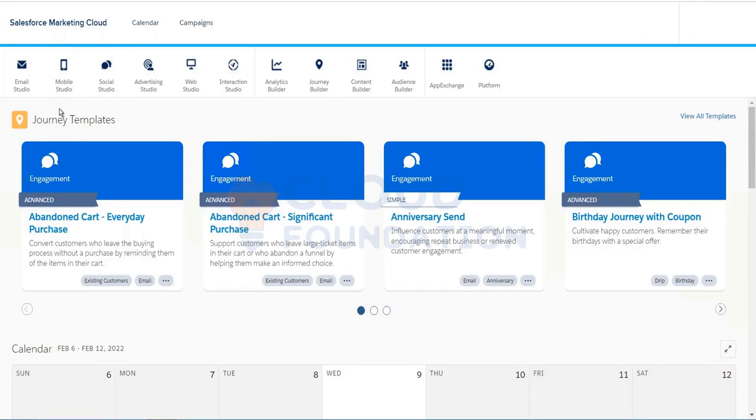Perfect. And if they are not engaging, I send out a different channel communication. Instead of sending out the email again, I send out the push notification and I even check whether the engagement is happening or not after 2 or 3 days. And then I will be able to use the SMS and I can use the advertising campaigns as well. I can use Social Studio. I can combine all of them in a single customer journey.